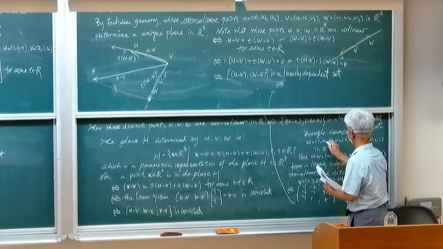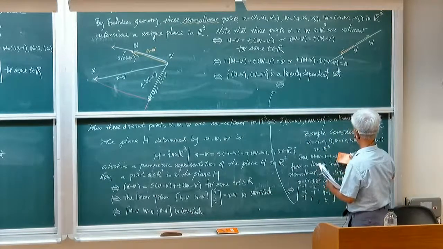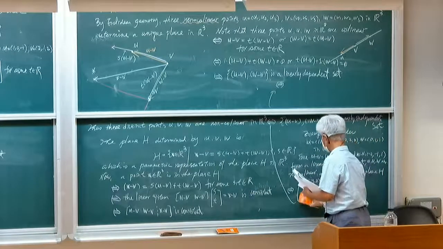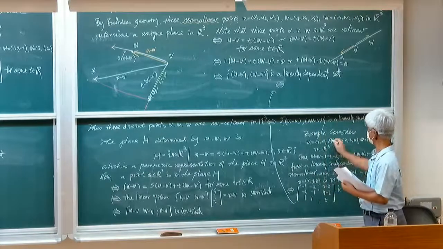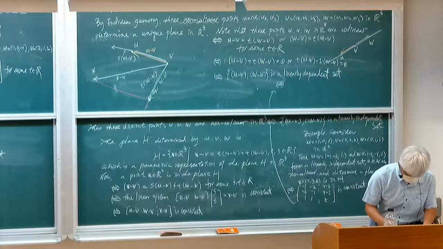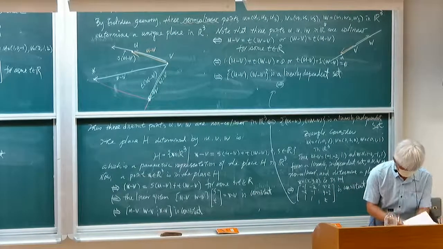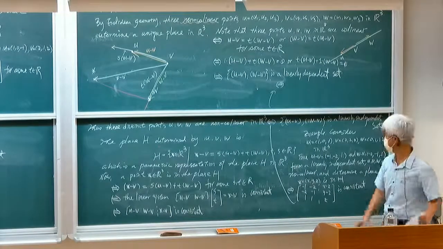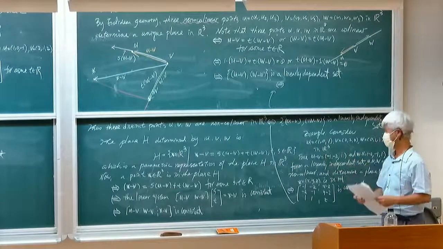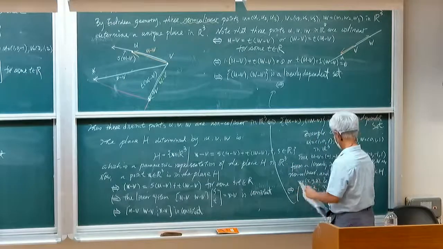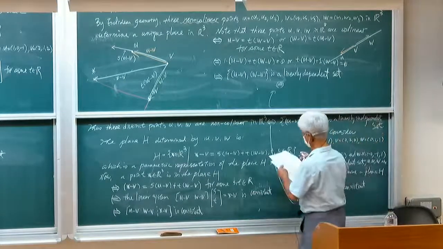It's simpler, so without changing too much. I'm sorry, I decided to change the component of u. It's simpler. Okay, I changed my mind, so I changed this one. So that by row operations, I will end up with